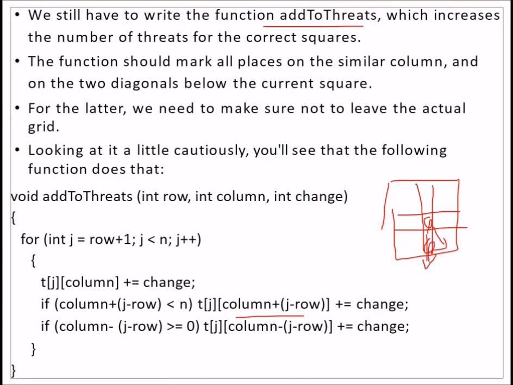If I place it here, because we have already seen that in one row we keep only one queen, the horizontal problem will not be there, but the vertical problem and the diagonal problem for the next row where we are going to keep a queen will always be there. So these two lines we have added just to keep track and add these points to the threat, so that we do not keep our queen in a place where this queen is going to attack. For that we add to threat. This is where we check for this column and this is where we check for this diagonal.